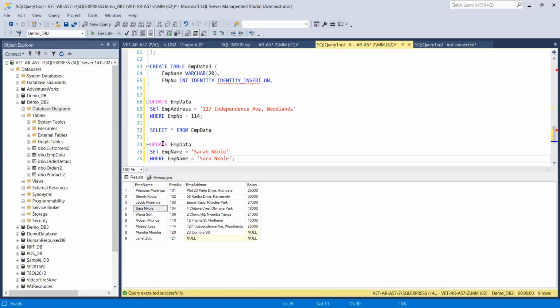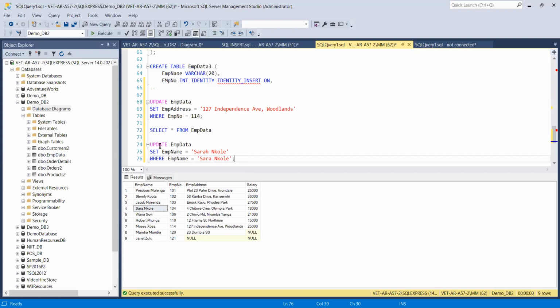Here, if I want, I can use wildcards. Remember to say I want to only update records for all the customers whose surname starts with M or something like that, or whose first name starts with the letter P or the letter M or J or something like that. You can still use that. But